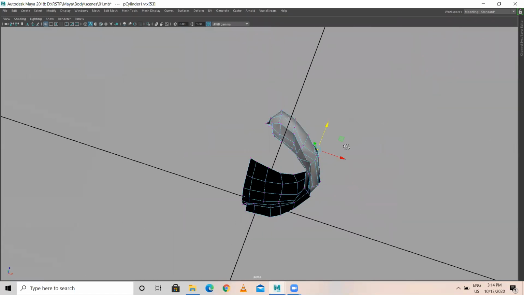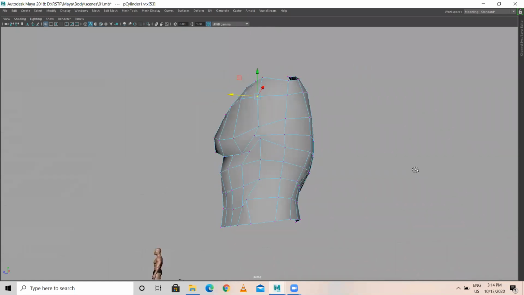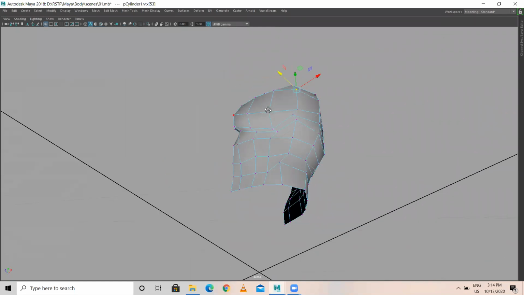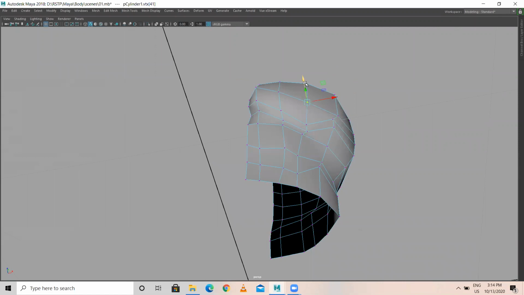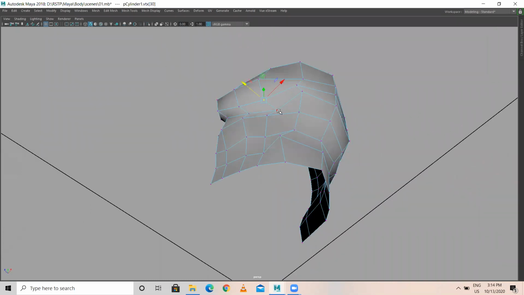So this comes over here like this. This is over here like this. Then this is somewhere here.